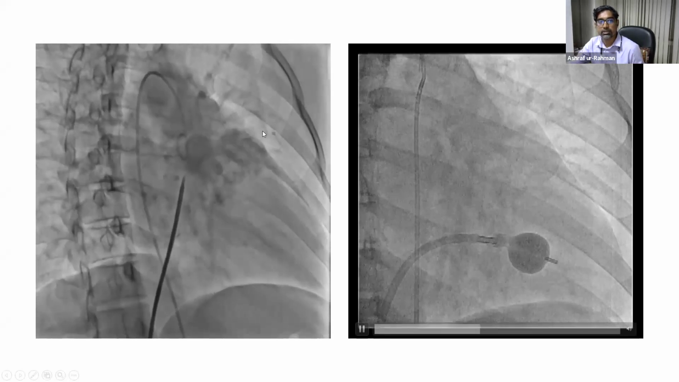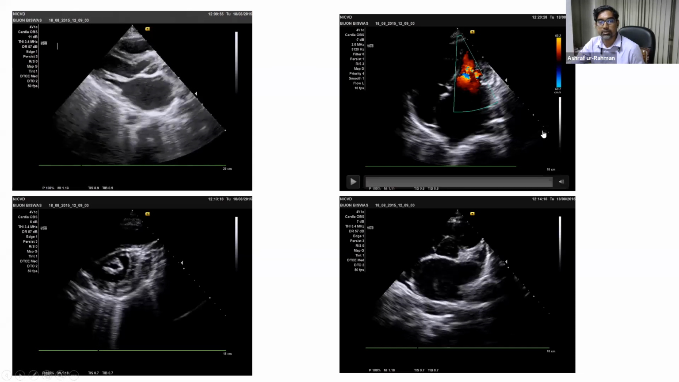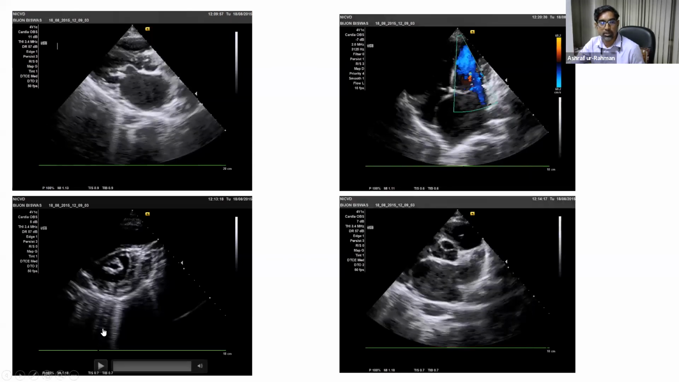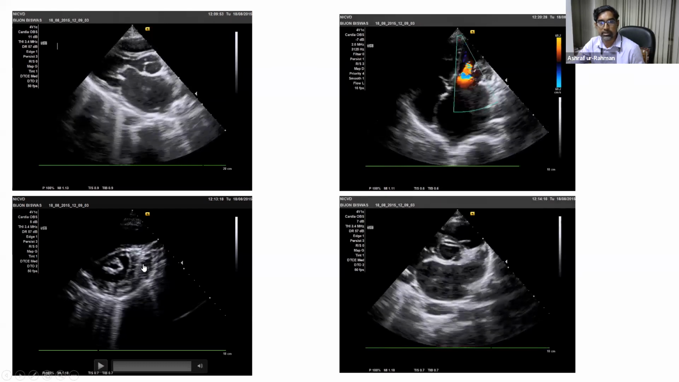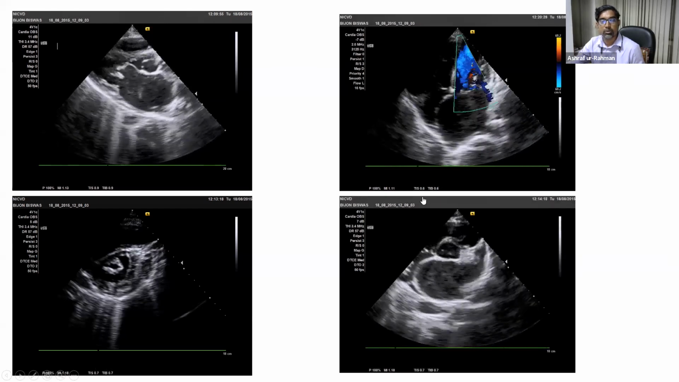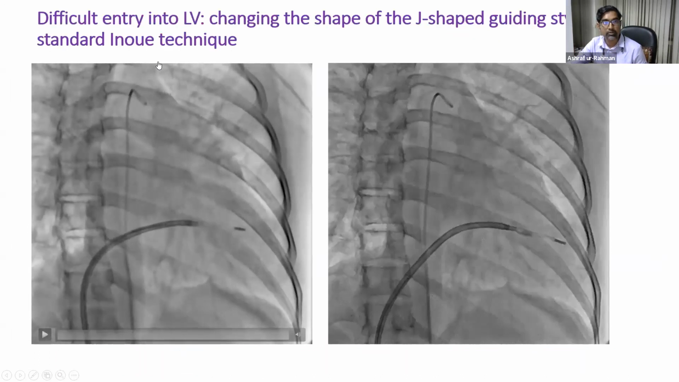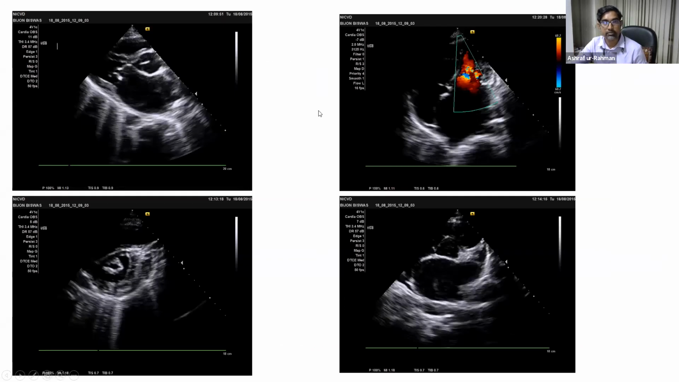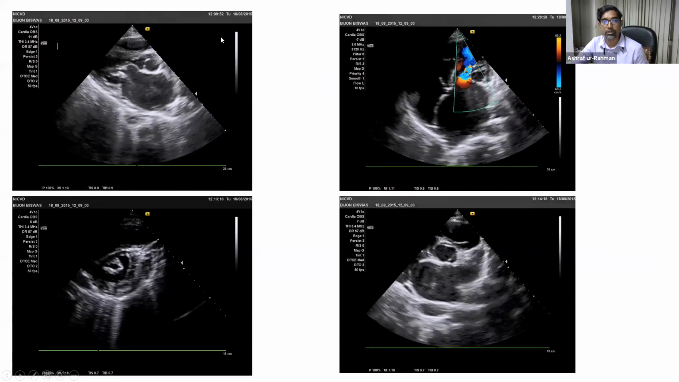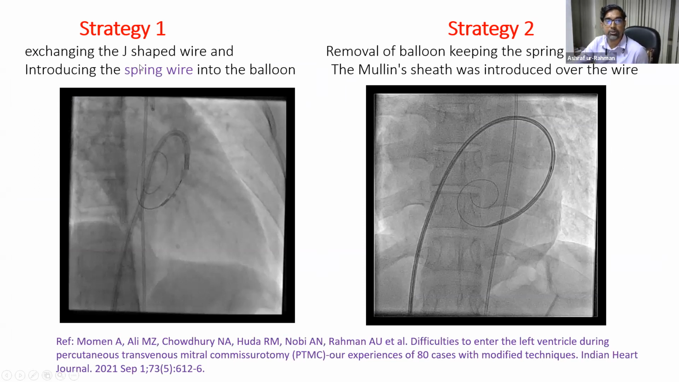And this is case 2. This patient has severe MS. You can see the valve area is 0.70 centimeters square. We felt very difficulty to enter the LV, so we took some modification. We took the J-shaped wire, and we extended the J-shaped wire and introduced the Inoue balloon